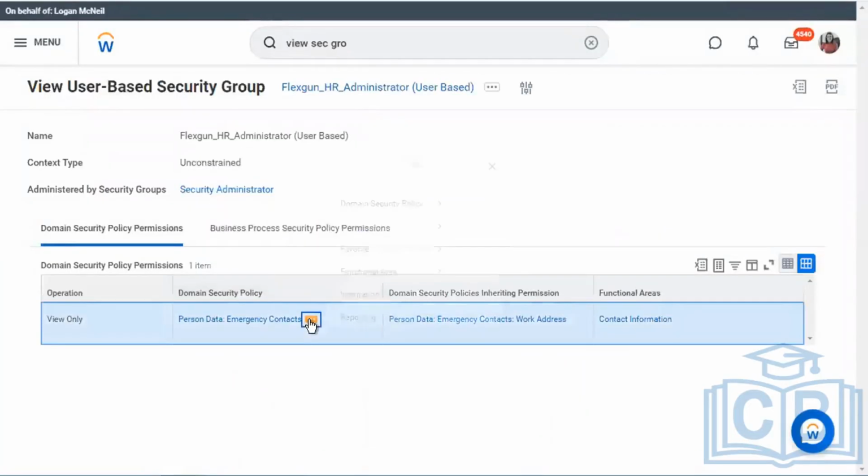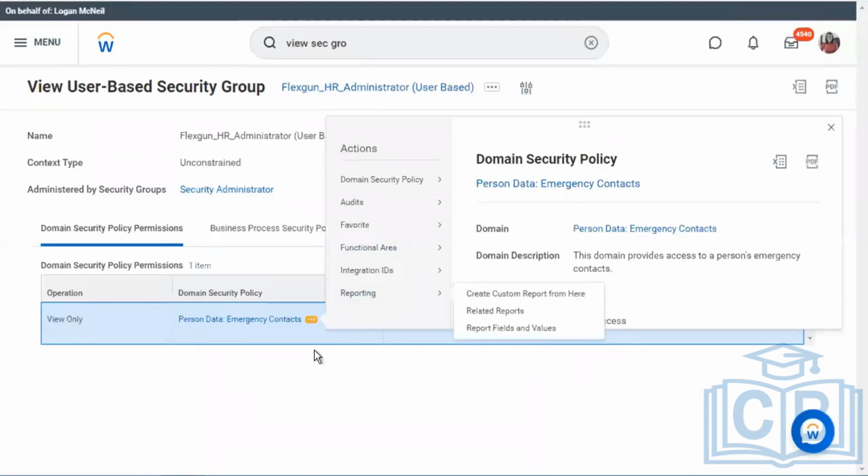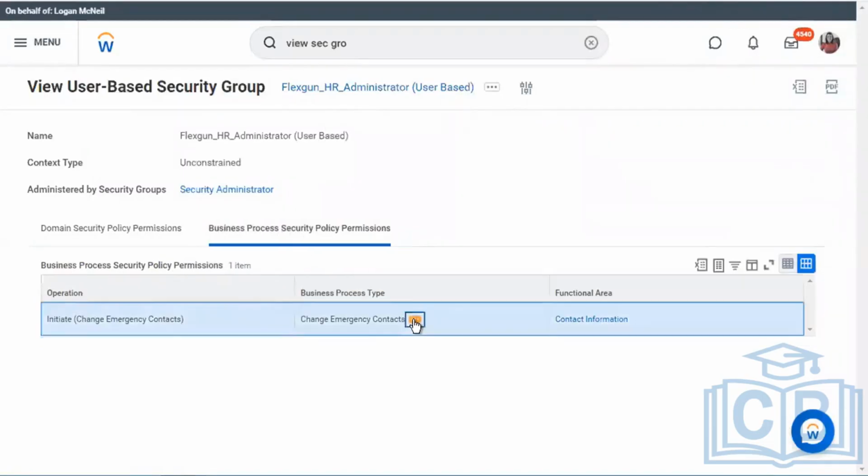I'm going to go ahead and add this group into the domain. And in parallel, I'm going to try to get access to this as well.